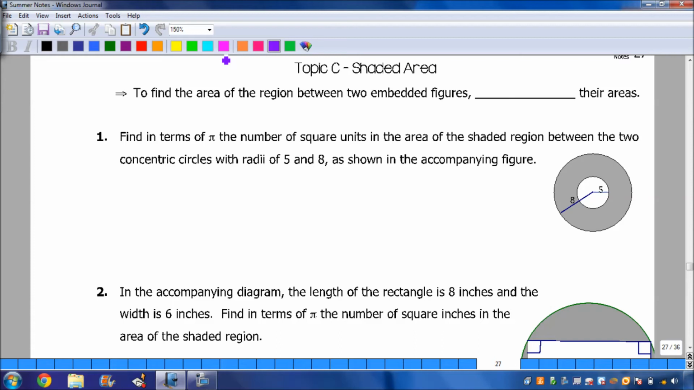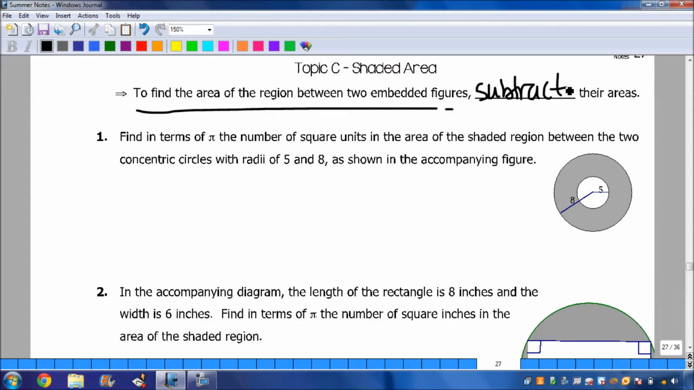Topic C is on shaded area. So to find shaded area, to find the area of the region between two embedded figures, all you have to do is just subtract their areas. Okay, so in question number 1, it says find in terms of pi the number of square units in the